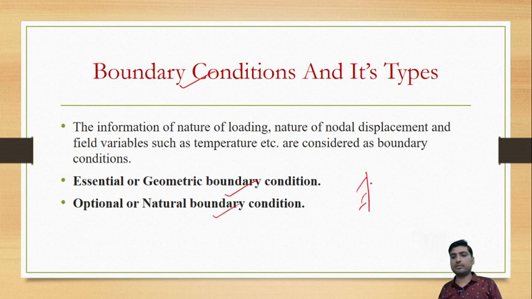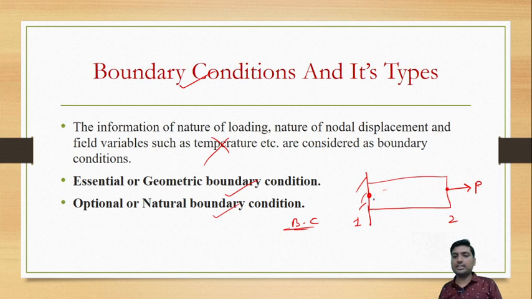Let's take, we have this element here, P load is acting. So two nodes we have to select at the end. There is no requirement of third node here, because if you will give also, okay, that will be secondary, but I am going with only two nodes. So node number 1, node number 2. Now if you will see the boundary condition, there is no temperature issue, because I have not given any details of temperature. Only there is displacement. We will take the nodal displacement, and field variables like temperature, etc., means in that load also comes.